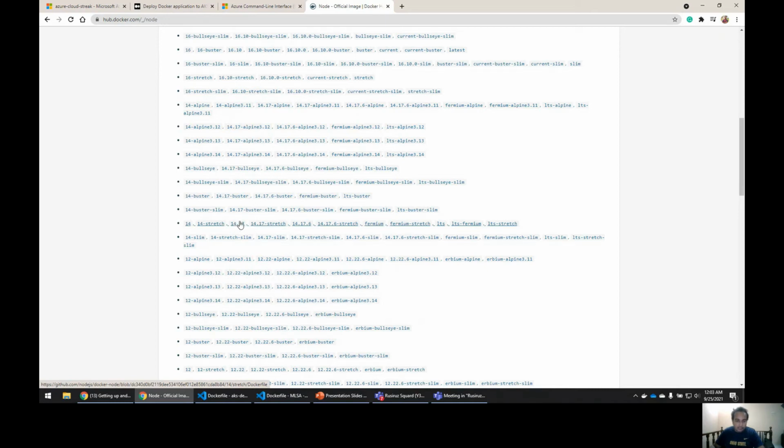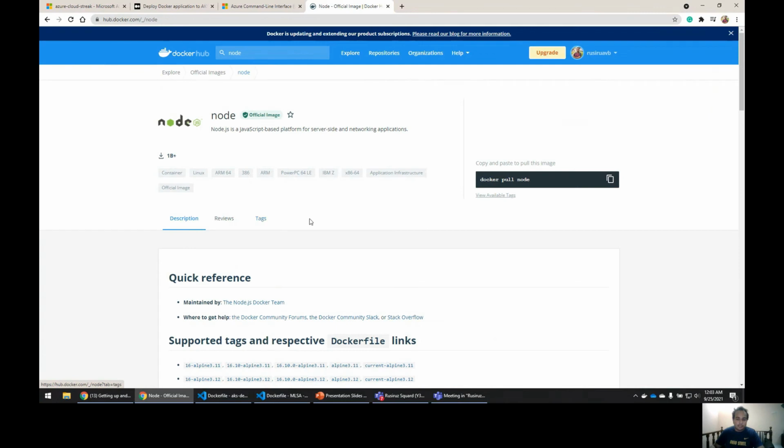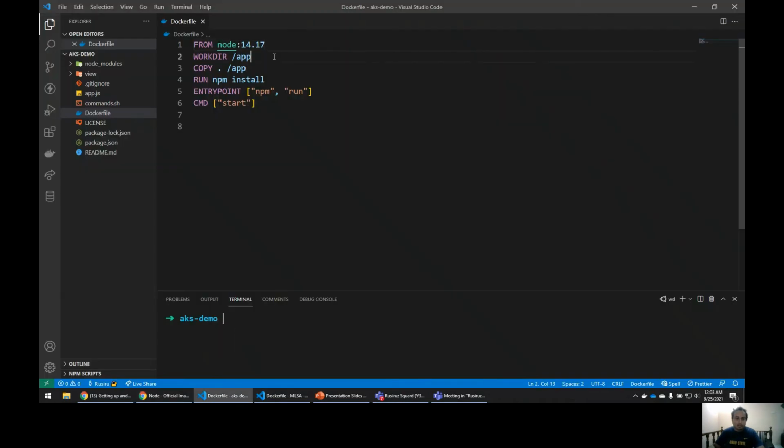This is the image tag that we're going to use in our container application. So that's why we specify FROM node:14.17, so that it will pull that Node image having tag 14.17